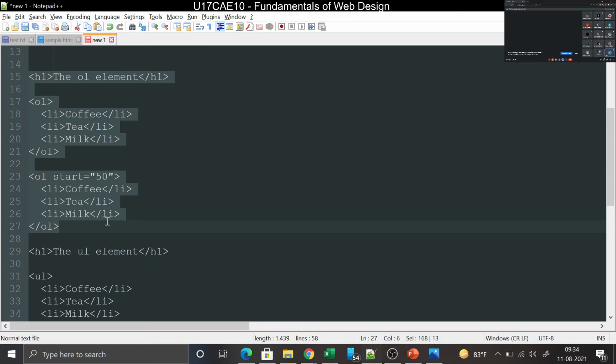So the next important tag is the table tag. So everyone knows what a table is, right? Okay, so for example, should I take this example? Yeah.